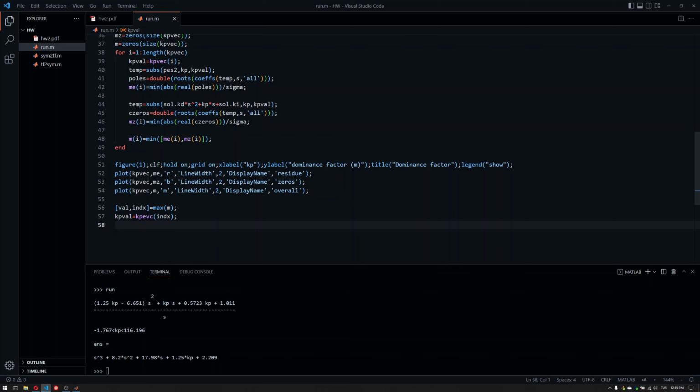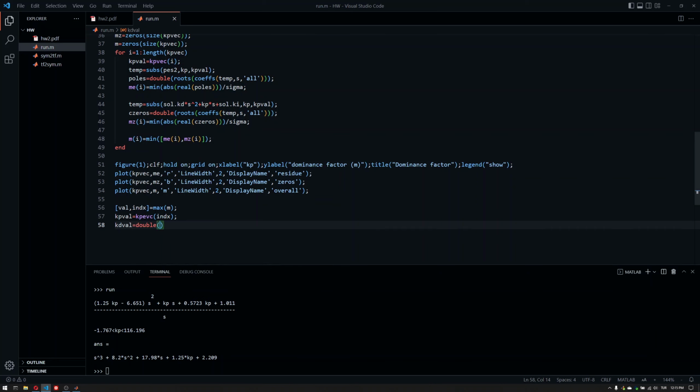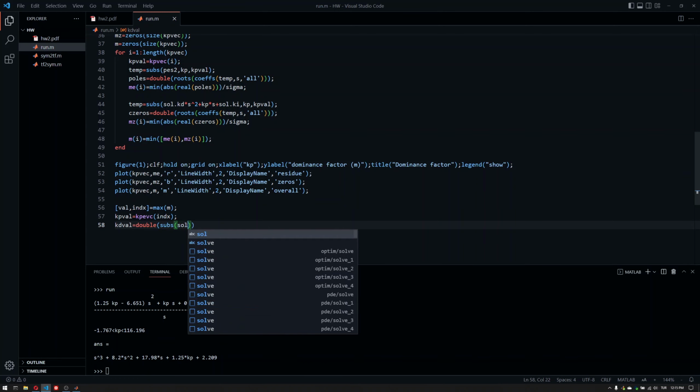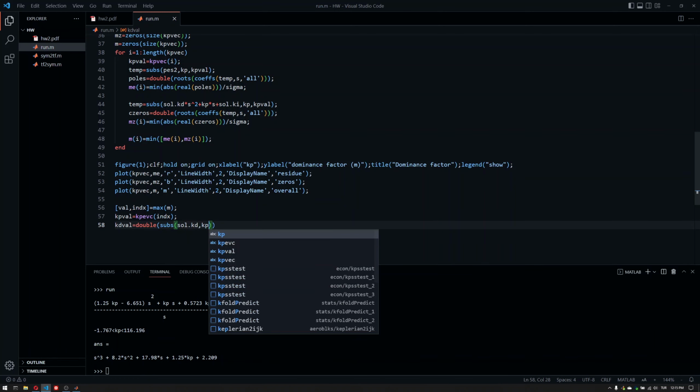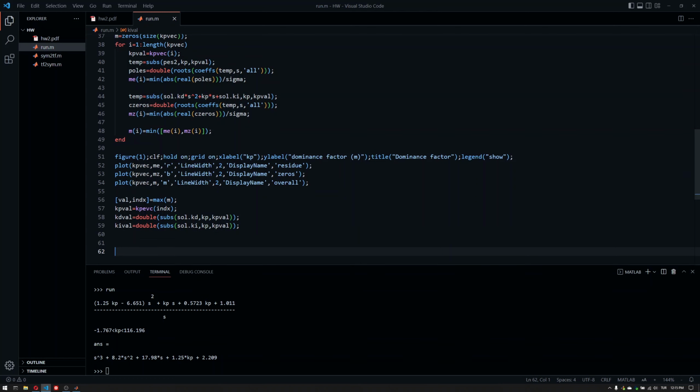At that point, I can just calculate the remaining PID parameters. So double subs sol.kd, and instead of KP, use KP val. I didn't store everything somewhere. You could do that, but it's not really important. Since we're on our way, let's define our PID controller, because we've actually accomplished the design here: KD val, KP val, KI val,